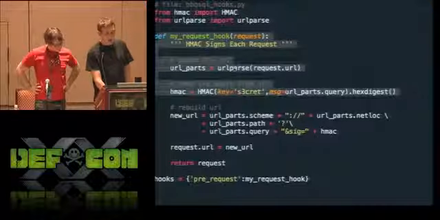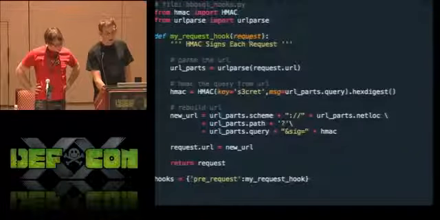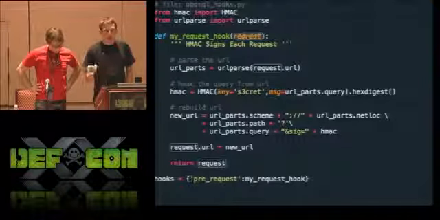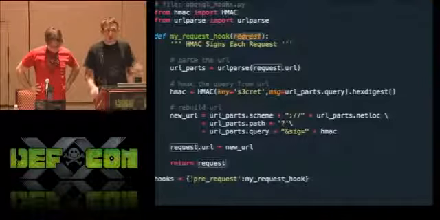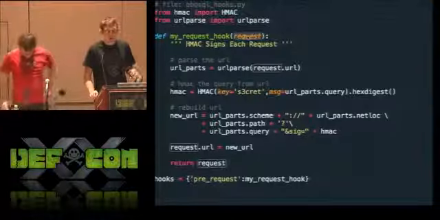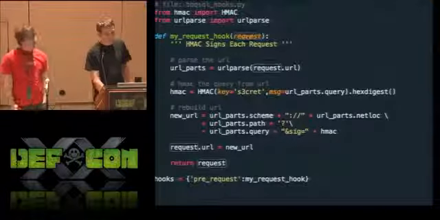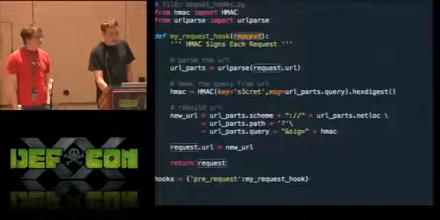And for a request hook, you're going to have a function that accepts your request. And this object is from that requests library that I was talking about. And once again, if you haven't checked it out and you're a Python person, you should definitely check it out. So yeah, it's going to take the request object, and then you can do whatever you want